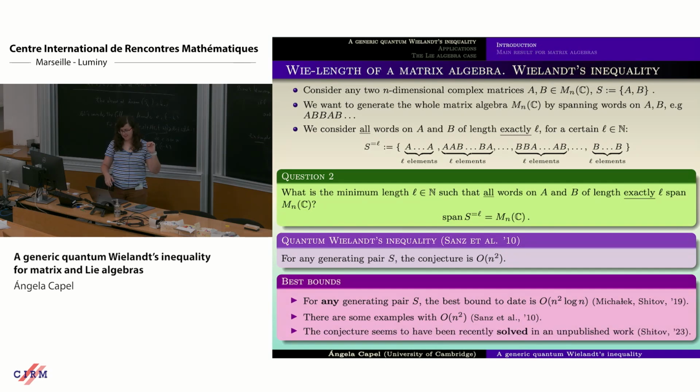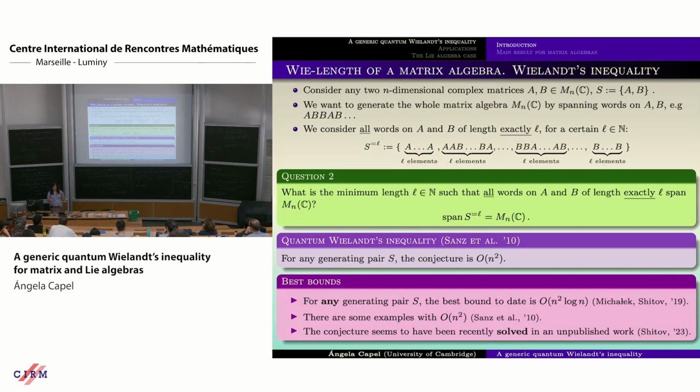I emphasized in the first point that this was for the best published result because there's an unpublished paper in which it seems that the conjecture has actually been solved. This was a few months ago and it's not peer-reviewed yet, so this is why I'm a bit hesitant, but I think the conjecture should be now solved. And in every case, for every pair of A and B, it should be the case that now you have L of order n squared. Okay, so these are the two initial problems with which I want to start.